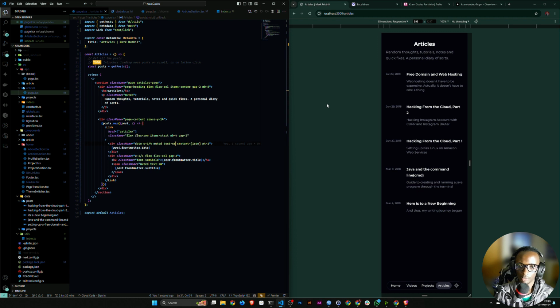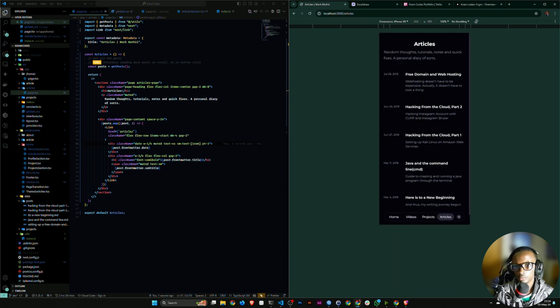Mobile, let them be really small. And then on desktop,